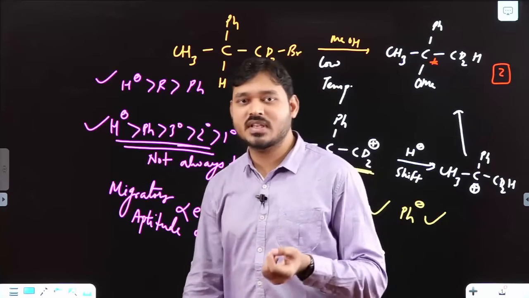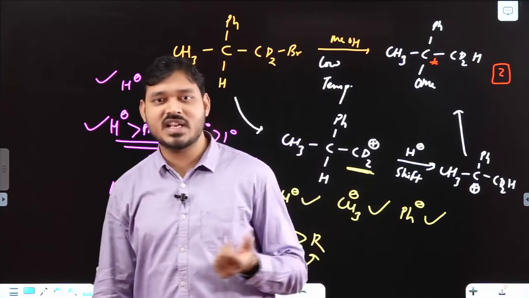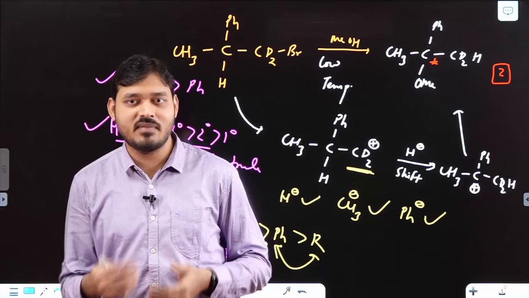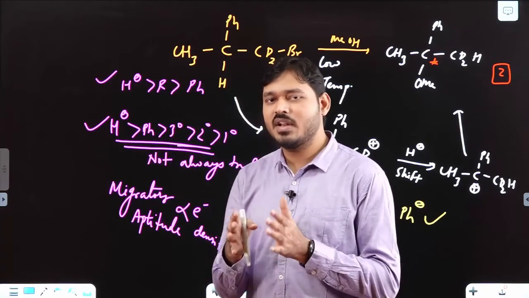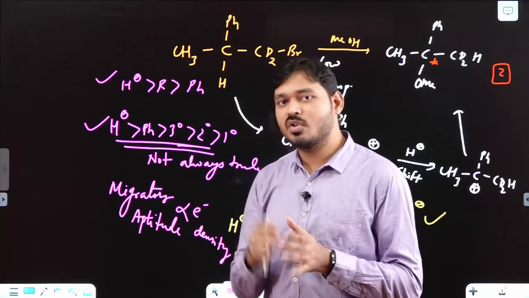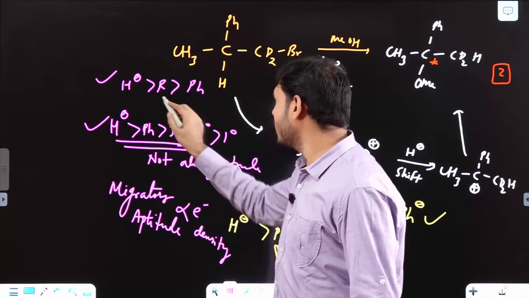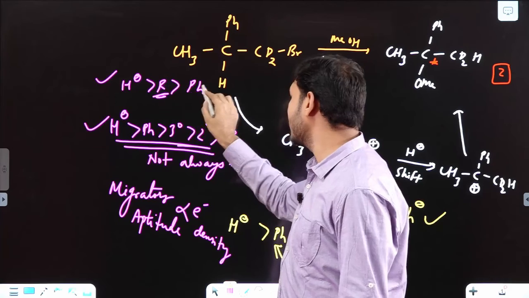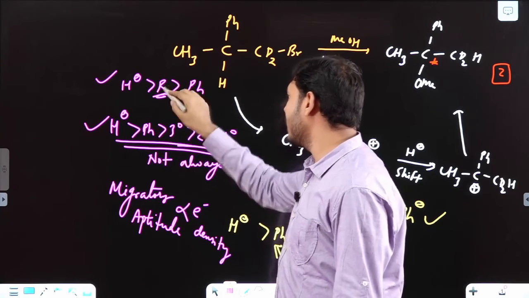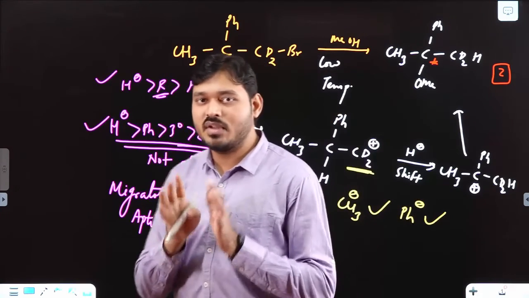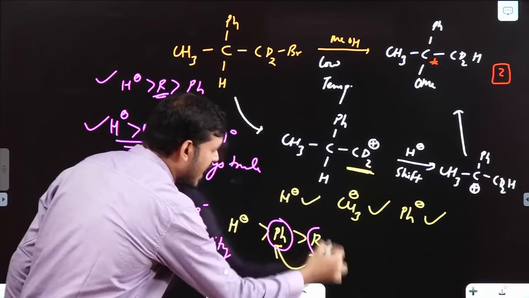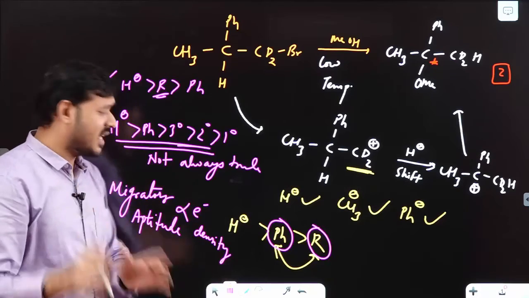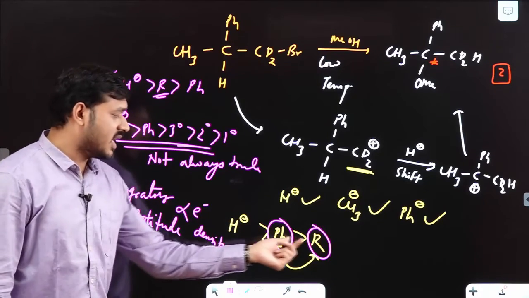So there are several cases. I'm just telling you a few examples. We'll be discussing rearrangement or migratory aptitude in the case of Baeyer-Villiger oxidation and in the case of pinacol rearrangement. We will come across these reactions later. In those cases, we'll come across such cases where there is migration of this better than this, or sometimes pH better than R. So it is not a universal rule that migration of pH will be higher than R. Okay, but generally if I say, then migration of pH is better than R.